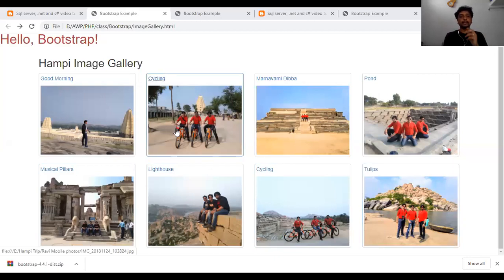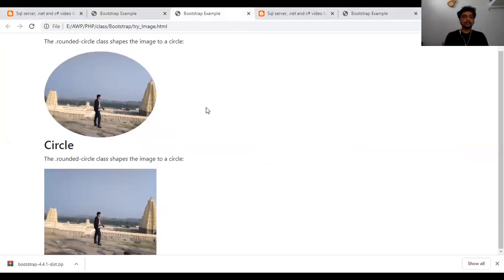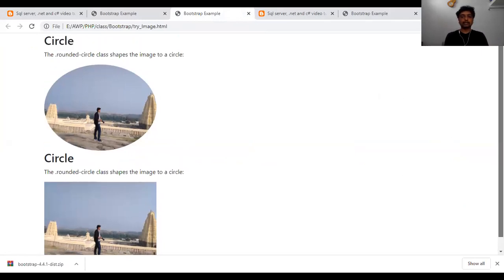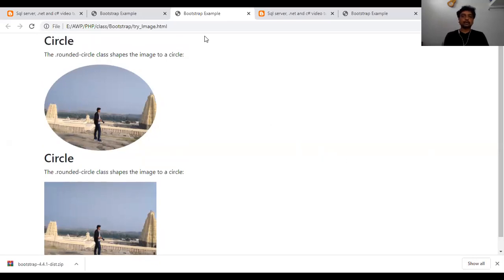If you do not put any thumbnail, or if you are going to use the circle, I will show you how the circle is going to be built. Now look here. This is the difference between the circle and the rounded. This is for the rounded one, and this is for the rounded circle, or else even thumbnail will look the same way. The rounded has rounded corners. That is the only small difference: rounded corners and the thumbnail. And rounded circle will be a complete circle. Okay, this is the difference. Now I will go back to the code.